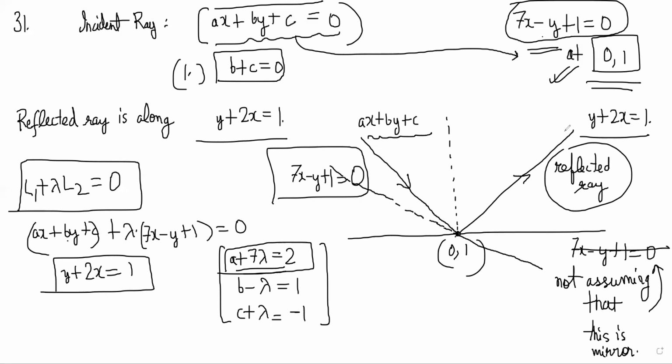Okay, so the slope of this reflected ray is actually coming out to be minus 2, and the slope of 7x minus y plus 1 is 7. This theta must be equal to this theta. So the angle between... okay, wait. Instead of doing this, we can also say that it is going to be 7x minus y